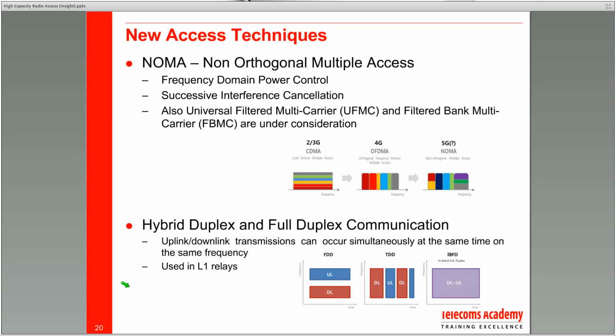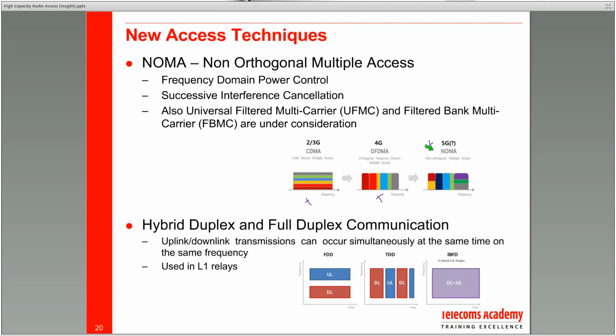We don't know about this bit yet, but there are some suggestions that we might have a slightly different multiple access mechanism. Of course, in 2G, 3G, we had CDMA. Then we had OFDMA, a form of time division and frequency division multiple access. And then this sort of 5G idea, non-orthogonal multiple access. So really just doing a little bit of everything. So we've got codes in there, we've got time, we've got frequency, we've got complex methods of power control, which lead to methods of interference cancellation that we can build into that. So we don't know how that's going to work yet, but it's likely something that we'll see as a new